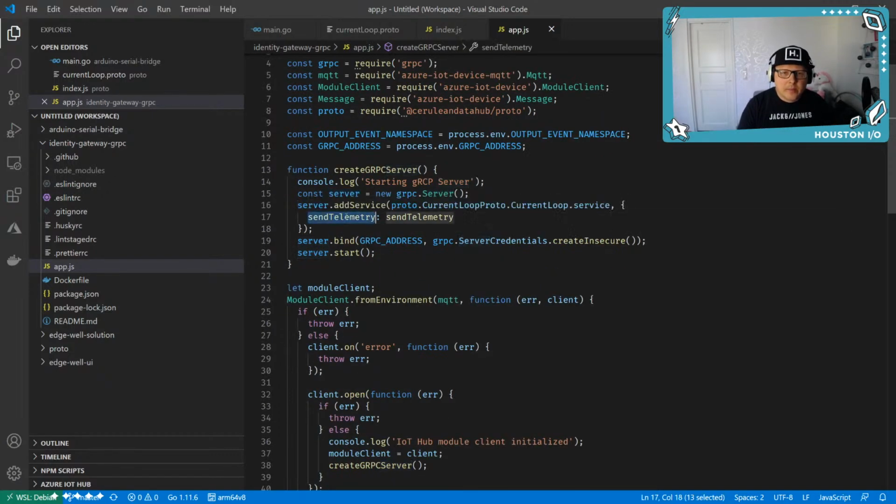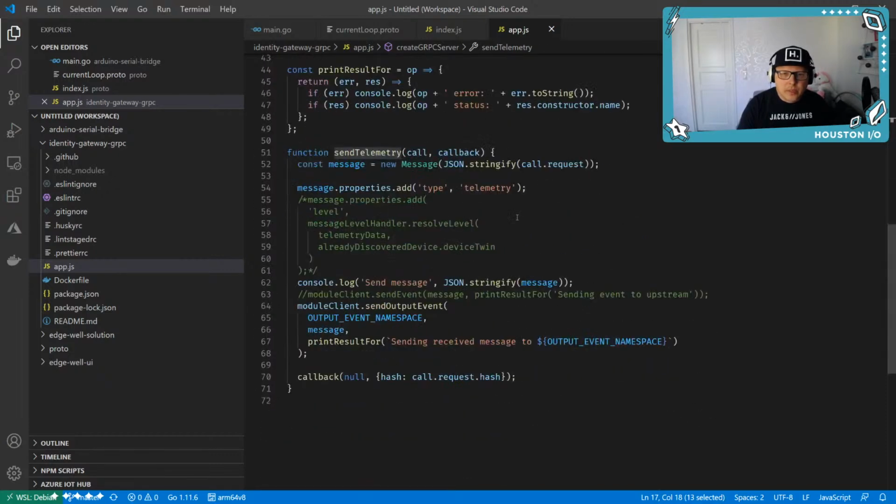And then we have the implementation of what happens when the send telemetry data comes in, or when that method is called. What I do here is I take the request, I make it a message, and then we can send that message